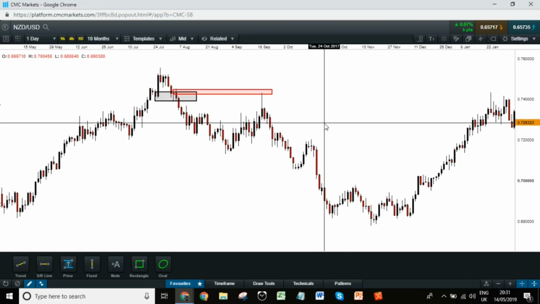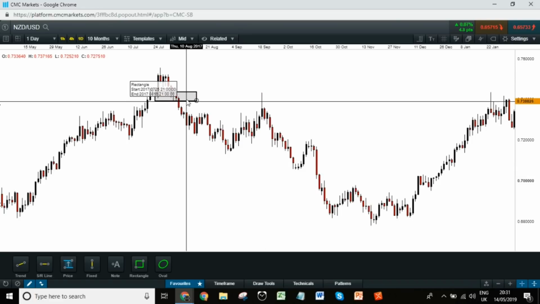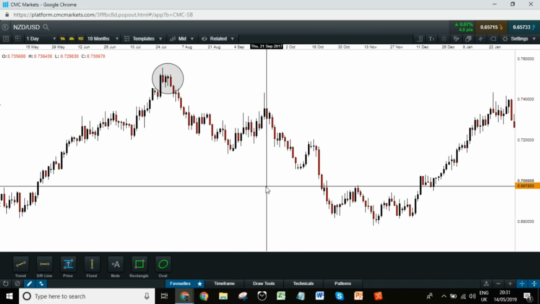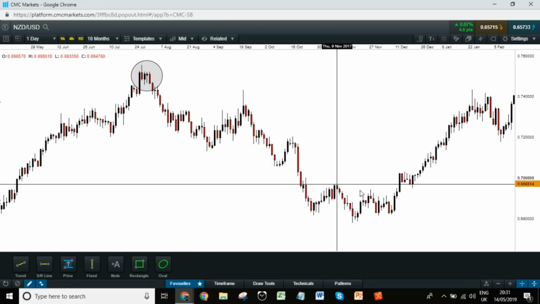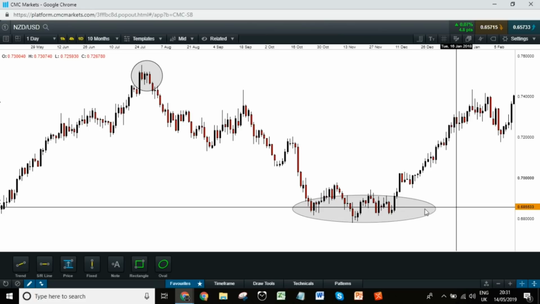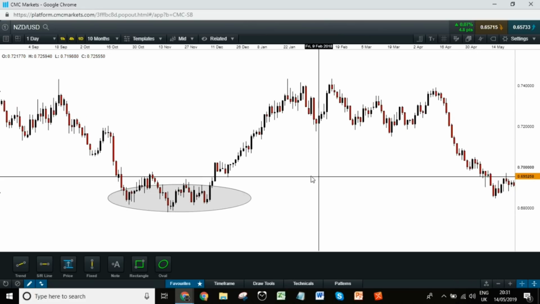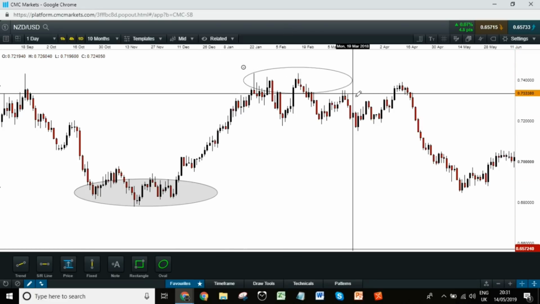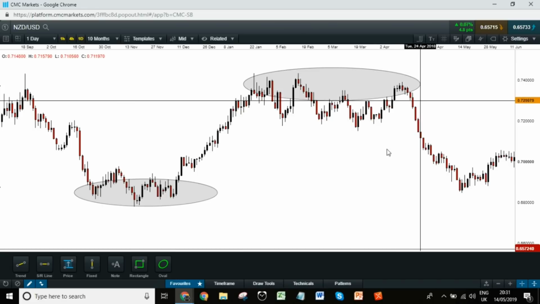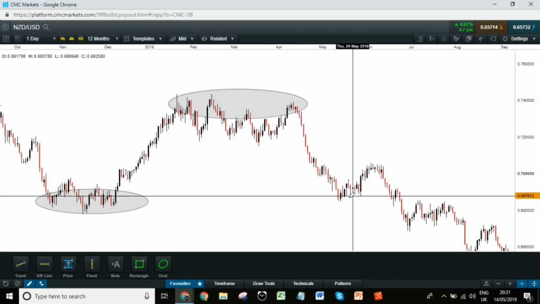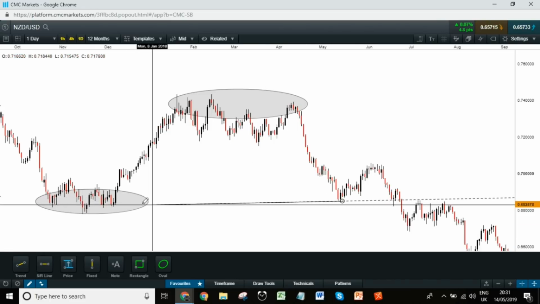Okay, so let's just get rid of these. Let's just keep that extreme in there. And the market then continues to drop drastically. Then we've got another extreme over here. Let's move over. Drop, base, rally. Again, another extreme up here. And as we can see, the market then moves into this extreme area